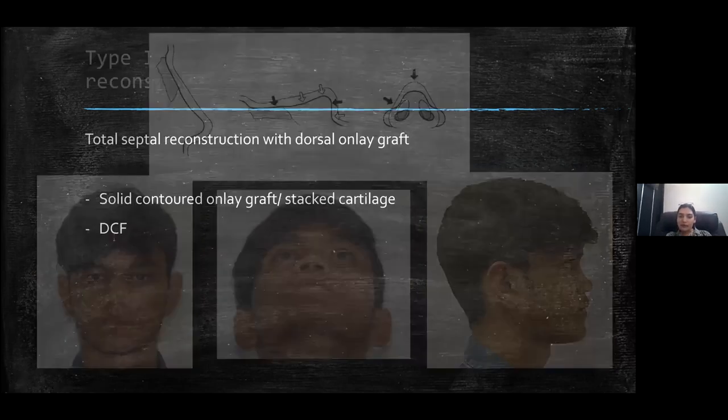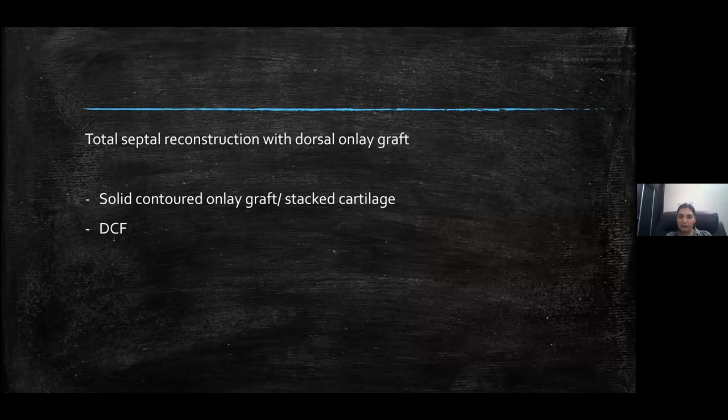In such cases, again, a total septal reconstruction with extended spreader grafts with an interdigitated columellar strut or an extended septal extension graft is needed. Now this will not give sufficient dorsal height. That's why along with this, one has to add a solid contoured onlay graft or stacks of cartilage, like Dr. Kshitij Patil sir had mentioned yesterday: one can make strips of the costal cartilage and let them warp for half an hour, and after that stack them above each other, make a bundle and put it as an onlay graft.